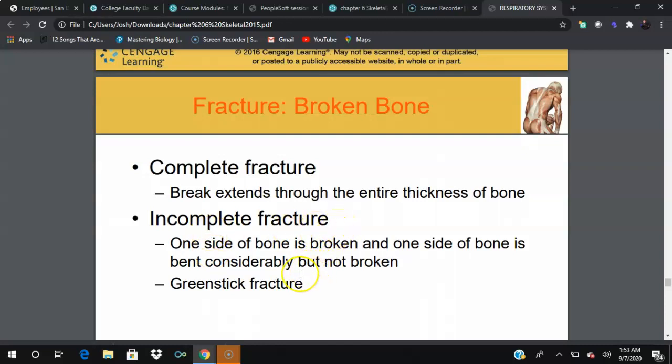An example of that is called a greenstick fracture. And we only see greenstick fractures in pediatric patients because they haven't completely ossified their bones yet. So there's still a little bit more cartilage. If you can imagine holding a twig in both of your hands between your fingers and your thumbs, and if you were to push your thumbs up and the top part of the twig were to snap,